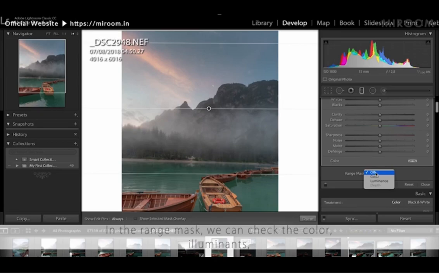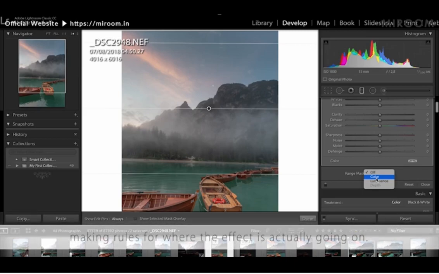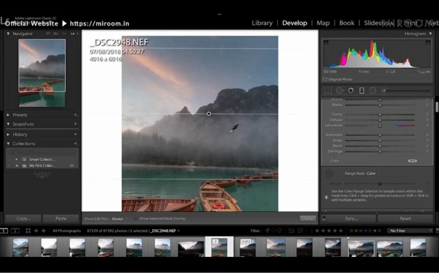In the range mask we can check the color and luminance to make rules for what the effect is actually going on. So a mask is just like in real life with a mask, it's deciding which things you're hiding and which things you're showing. So if we make a color mask, we can click on this eyedropper and we can take it,